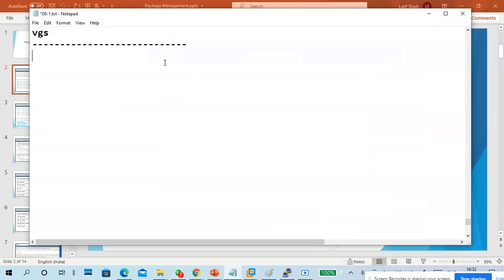Okay, what is package management like that? For example, you want to install an application or a package. What application package? All the names are the same only, not a different one. Okay, install a package in Linux. So how to install it?